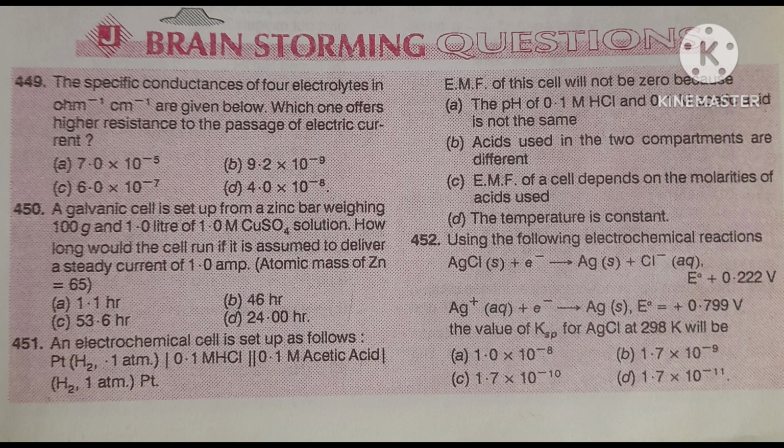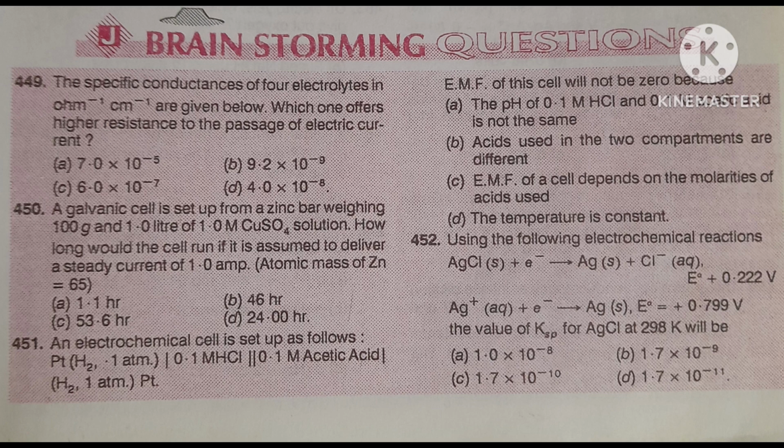Second reaction, Ag plus aqueous plus one electron, the product is Ag solid, and its standard electrode potential is given as plus 0.799 volt. The value of KSP for AgCl at 298 K, meaning Kelvin, will be: